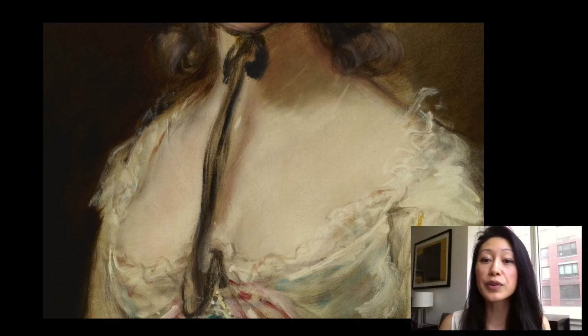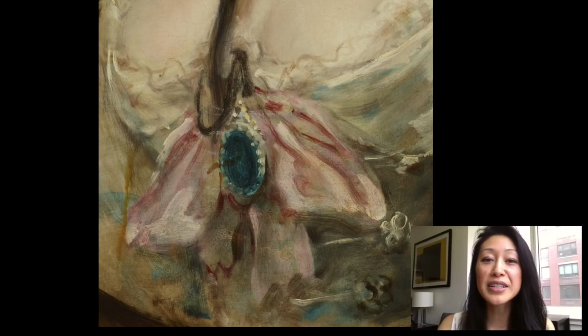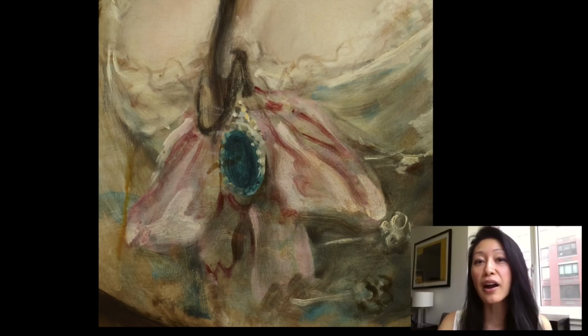So that diaphanous silk lining spilling open from her dress to reveal, to frame that very creamy expanse of the white of her chest and her ample breasts, that too exaggerated by that dark ribbon that is falling between her breasts and attached to a bright blue locket, and that blue probably would have been even more pronounced in the 18th century, surrounded by diamonds and nestled in this very sumptuous ribbon of pink. And it's details like this that really highlight the brevity, quickness, magic of Gainsborough's brushstroke,